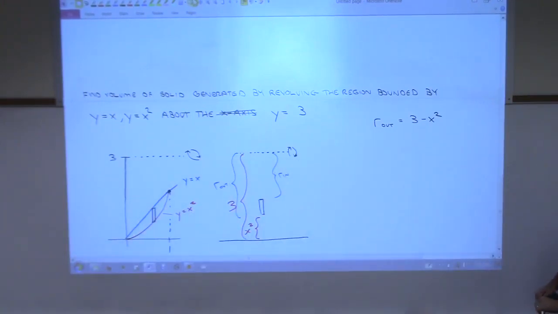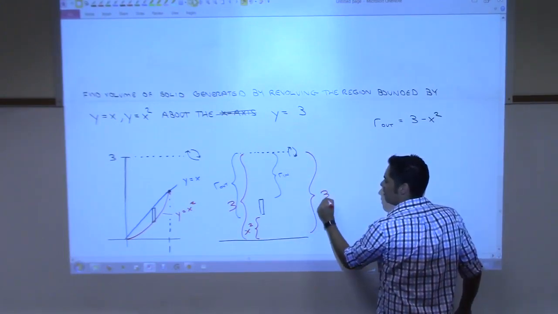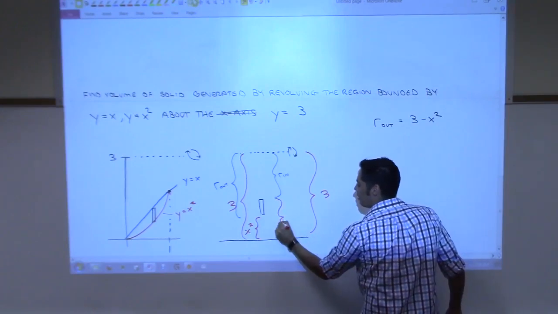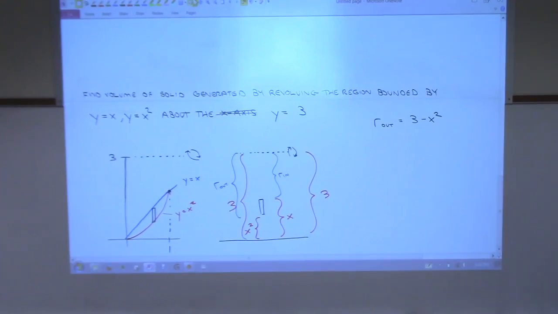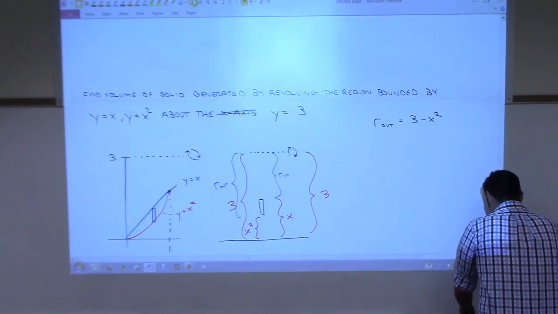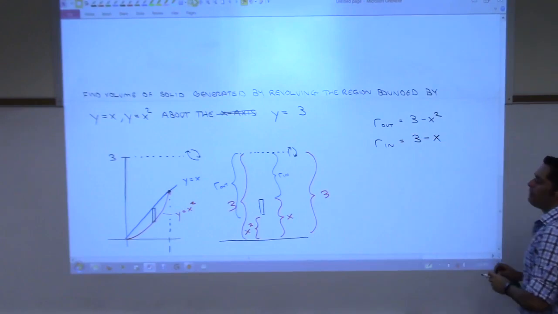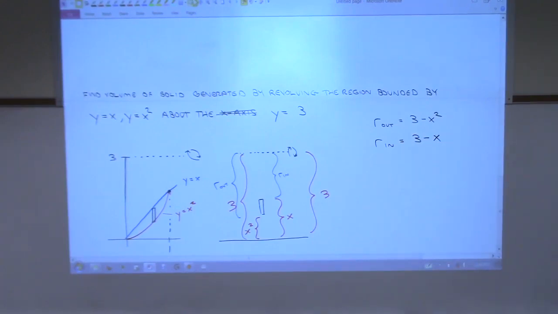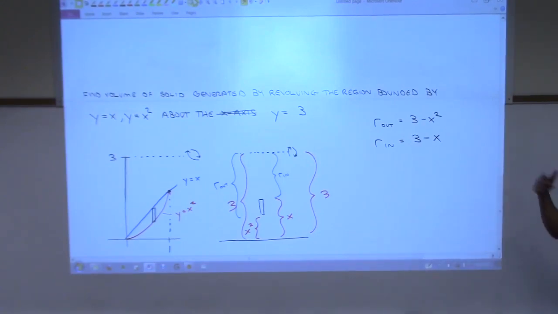What about the inner radius? Yeah, so you got this again, that's still 3, but this time from here to here is x. That's the top function. And so our inner radius is 3 take away x. Pardon? They did kind of switch, didn't they? Because I was on the top side. But it wasn't plus, so